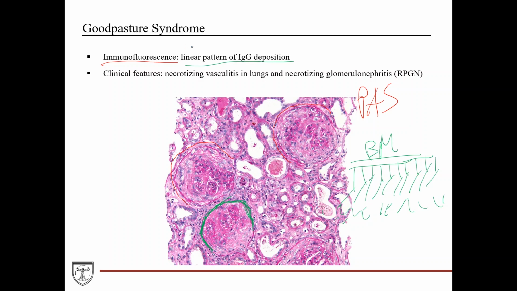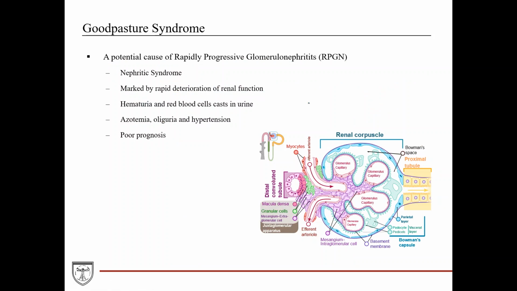Now for the clinical features, you're going to have necrotizing vasculitis in the lungs. And then in the kidneys, because of all this damage to the basement membrane in the glomerulus, you could have necrotizing glomerular nephritis, or RPGN. Now RPGN stands for rapidly progressive glomerular nephritis, and Goodpasture's can be a potential cause of that. We talked about this with Alport's. You can get nephritic syndrome, which is marked by rapid deterioration in renal function, because if you have all these